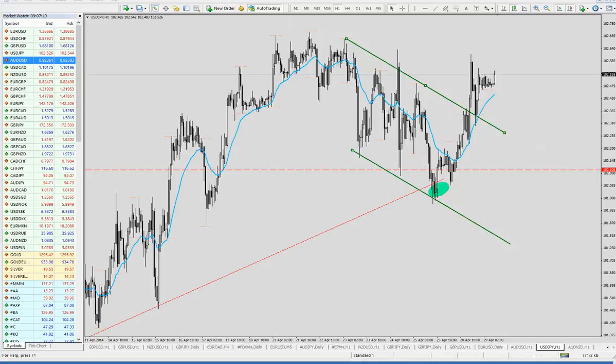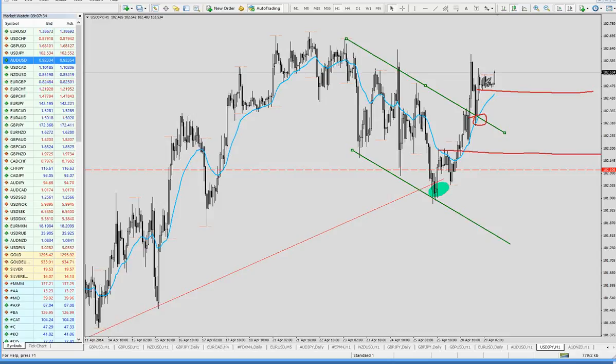Right, so move up, pull back, holds, continuation. In the late comment I posted on our website, I mentioned that 102.45 is support, the first one, then